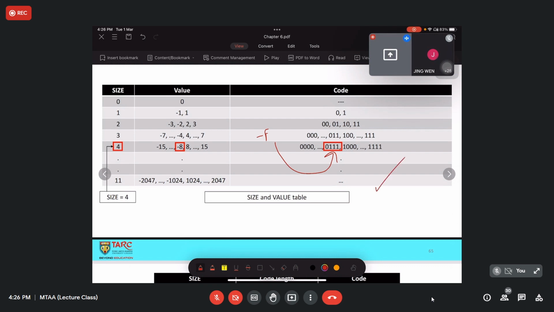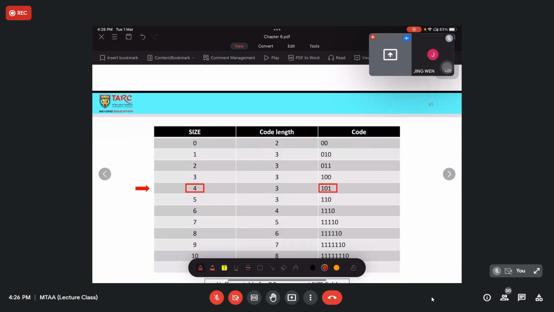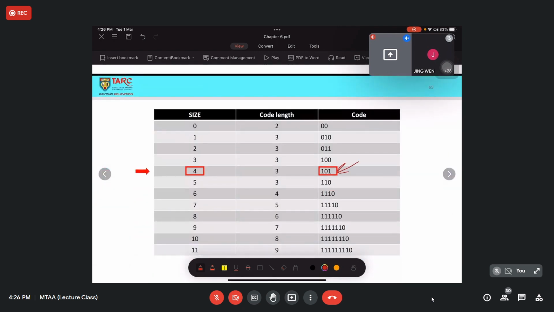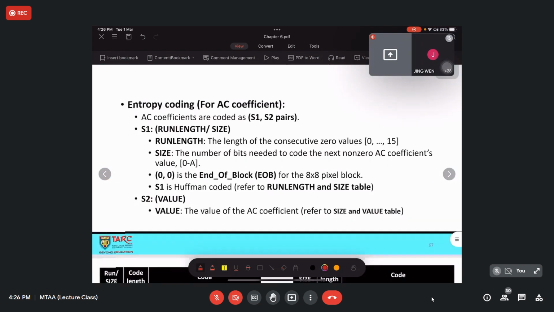This is the size and value table. Basically, you just obtain the size and the value and the code in the table accordingly, and from the size you can get another set of numbers. Combine these two sets, you get 101 and 0101. Okay.